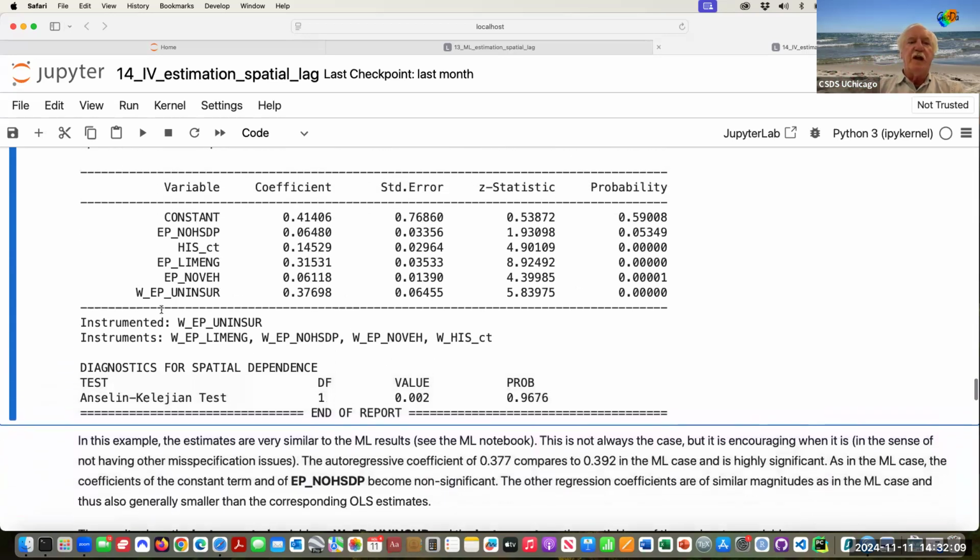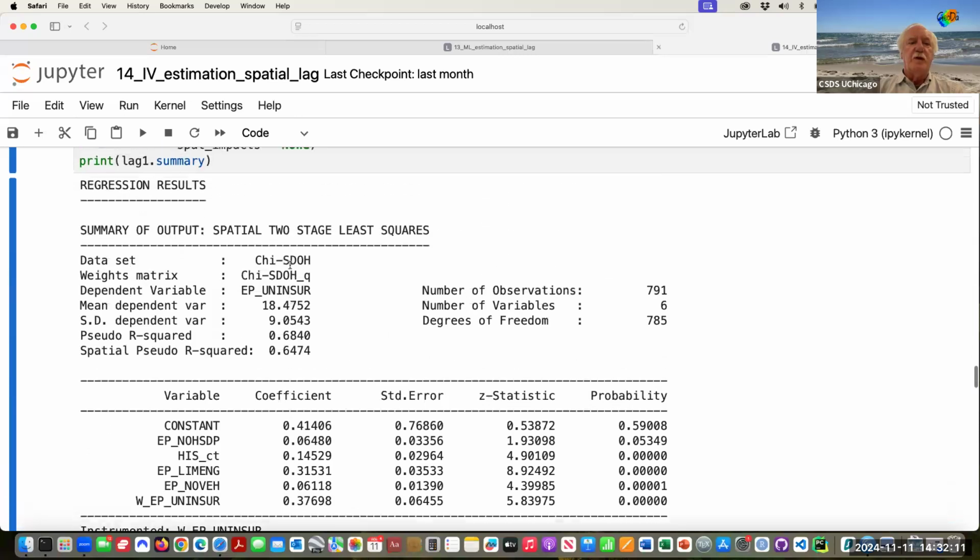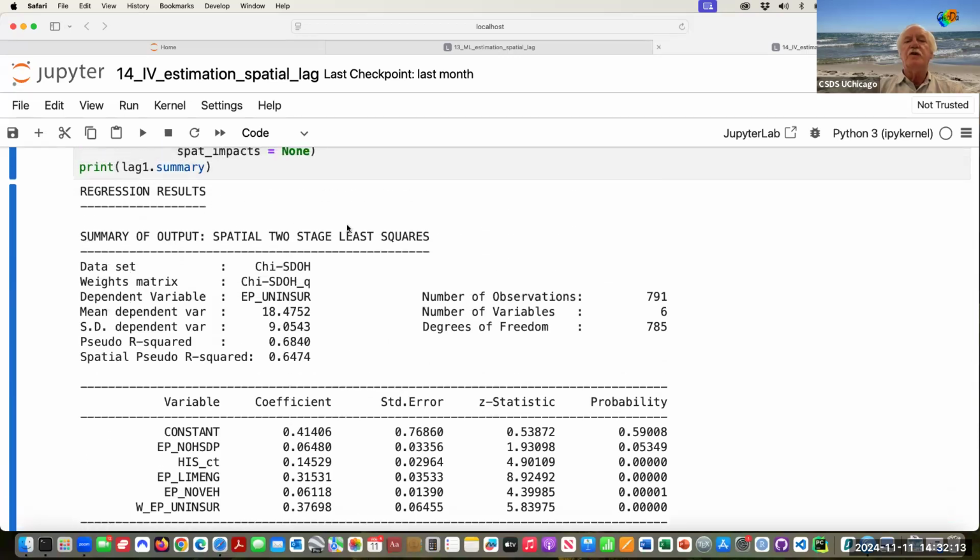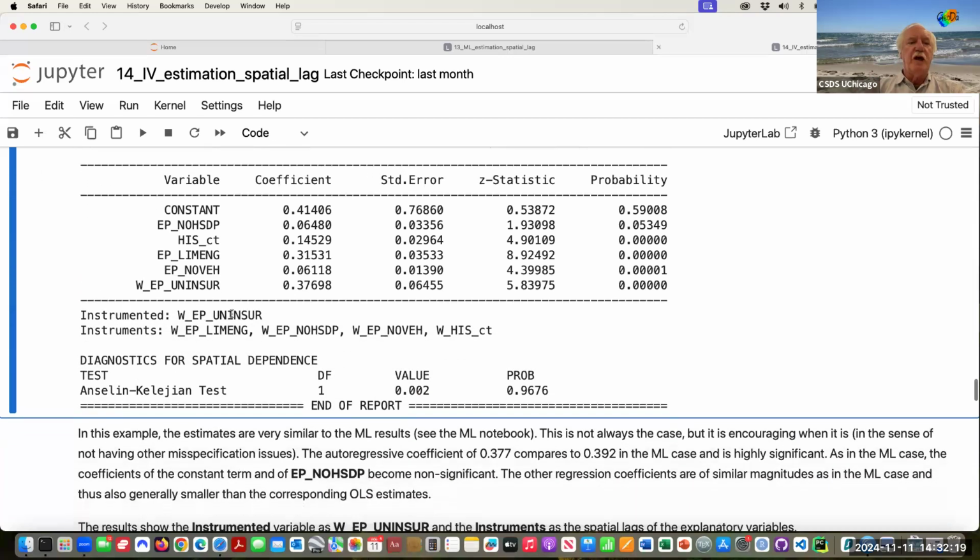What you get is, see, it says spatial two-stage least squares, which has the exact same structure as standard two-stage least squares. So it has the instrumented variable, which is the spatially lagged dependent variable, and then the instruments, which are the spatial lags of the exogenous variables. So this is exactly as